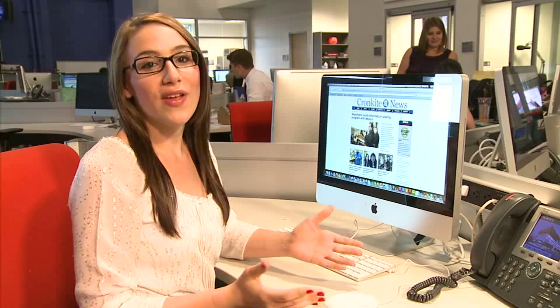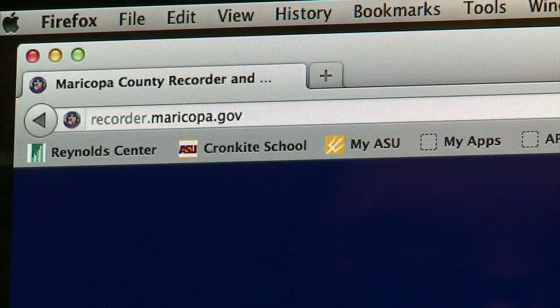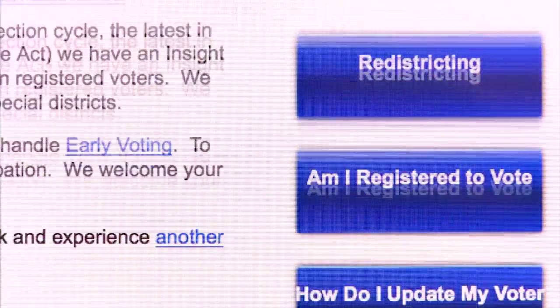They can sign up for a permanent early voting list. They can do it through our call center. Or they can go online. If you go to recorder.maricopa.gov and click the Elections and Voter Information button, you'll be redirected to a page that lists different categories related